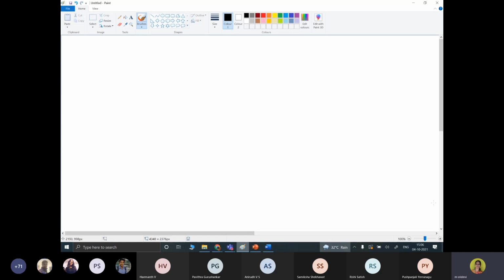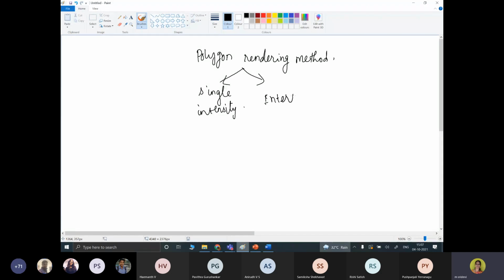There are two different ways by which each polygon can be rendered: either with a single intensity value, or with an interpolation technique, where the intensity is obtained at each point of a surface using interpolation.